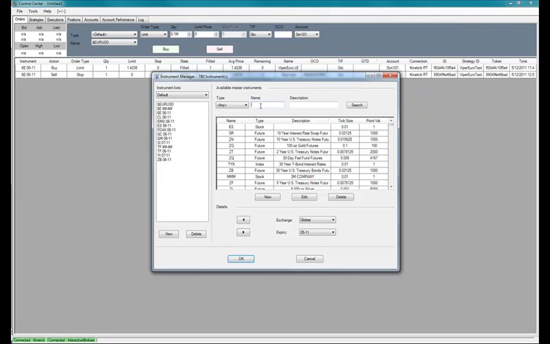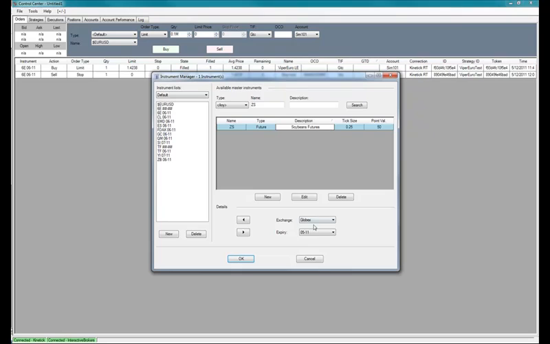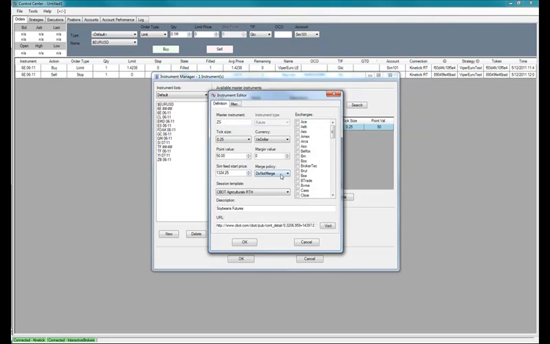You would go up here under Name, you would go under ZS, you would search, click on this, and the current month is July of 2011. You want to edit this, and you want to say do not merge. This is something that you can do to make sure that you have the right front month. Right now the front month is July, and so you want to make sure that all the data, the volume goes to July and it doesn't merge with May,